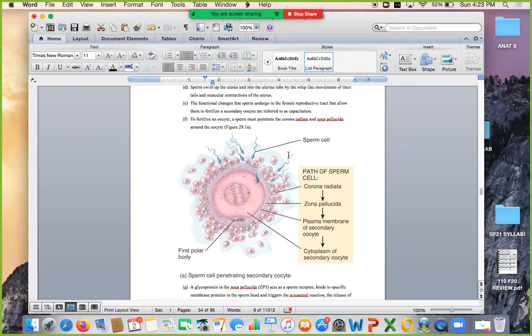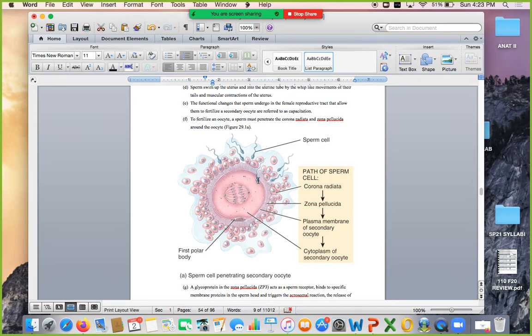Just to go back to my previous analogy, this is the tennis ball covered in a nylon stocking, covered in marbles that are held together with peanut butter. The sperm have to get through those marbles, and in order to do that, they have to digest the peanut butter. To do that, they release these acrosomal enzymes that are found on the tip or the head of the acrosome. And once the very lucky sperm makes it through all of the cumulus cells, which are like the corona radiata that we're talking about out here,